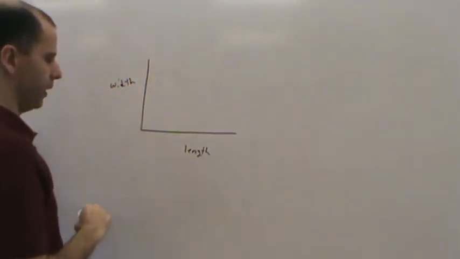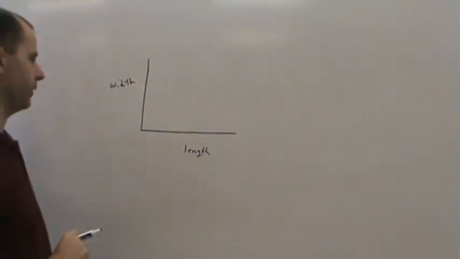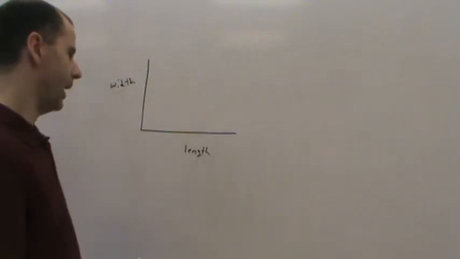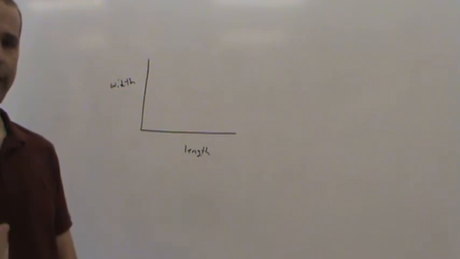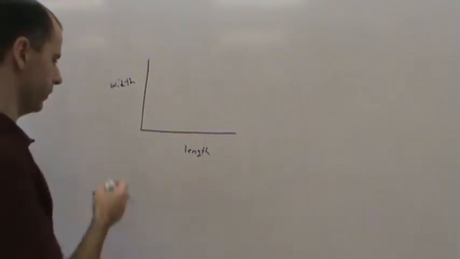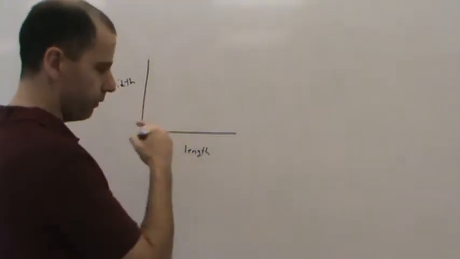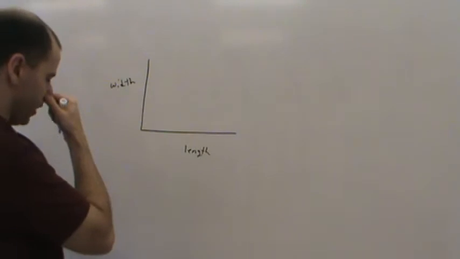And let's say I'm looking at different leaves, right? Let's say I'm looking at the width and length of leaves of a particular plant. And I want to know, is there a relationship between the length of the leaf and the width of the leaf, or leaves? So let's say I take a random sample of, let's say, 20 leaves from a group of